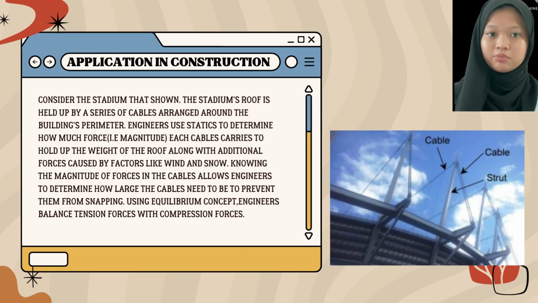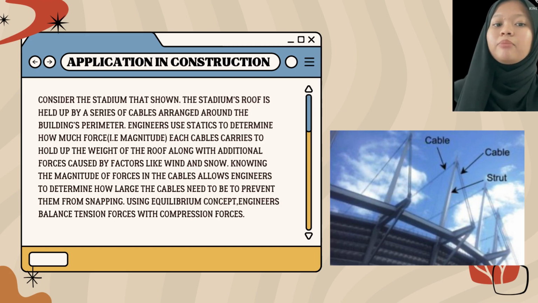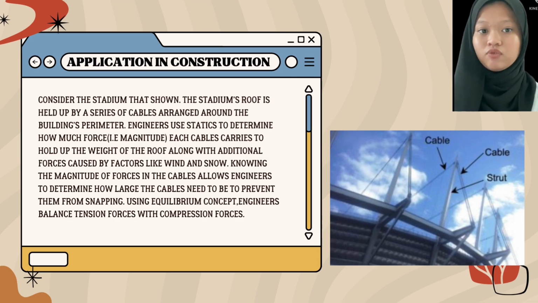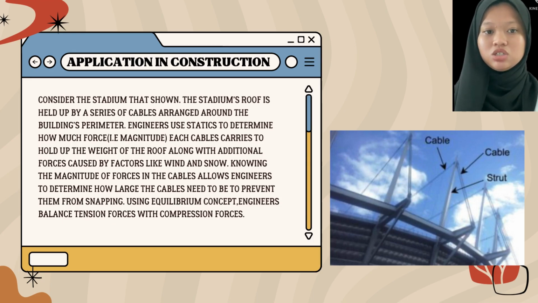Consider a stadium as our example. The stadium's roof is held by a series of cables arranged around the building's perimeter. Engineers use statics to determine how much force, for example magnitude, each cable carries to hold up the weight of the roof along with the additional forces caused by factors like wind and or snow. Knowing the magnitude of force in the cable allows engineers to determine how large the cables need to be to prevent them from snapping. Cables are strong in tension, for example pulling forces, but very weak in compression, for example